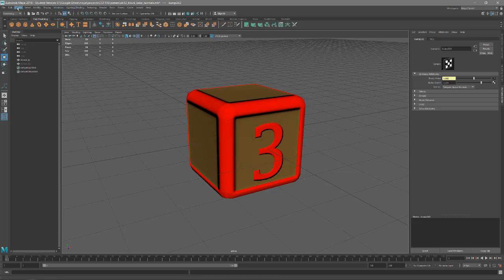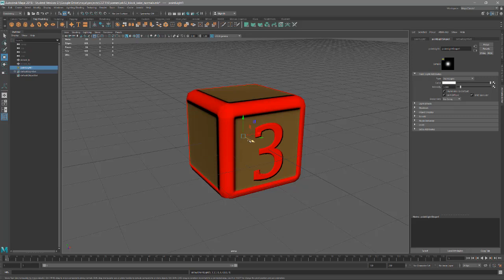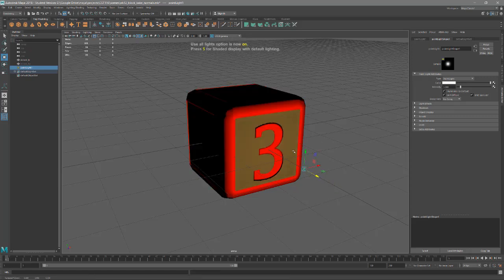Now watch this. We'll go create a point light. I'm just going to show you how this will work. Let's hit 7 on the keyboard. So now it's lit. So you can see,